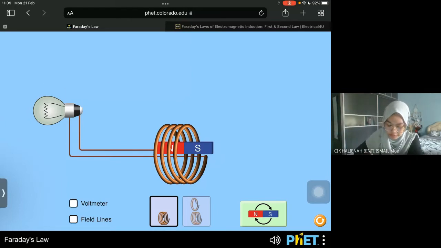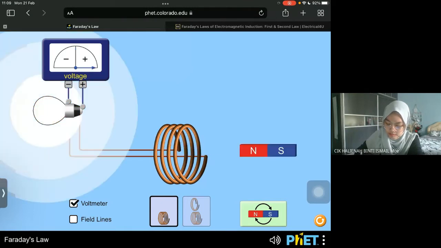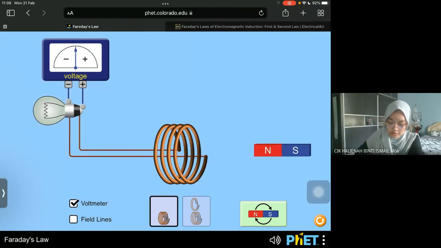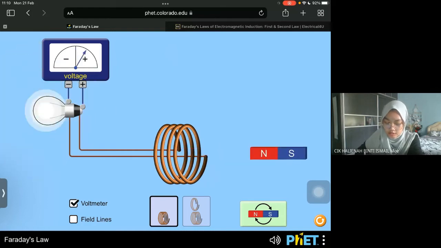Okay, so from here we can see that, okay, initially dia dekat sini kan. So daripada voltmeter ni kita boleh tengoklah deflection ke positive and negative direction tu. So kalau kita dekatkan dia akan jadi negatif. So menjauhi, dia akan jadi positif. Okay, mendekati coil akan jadi negatif. Menjauhi coil, dia akan jadi positif. Okay, now